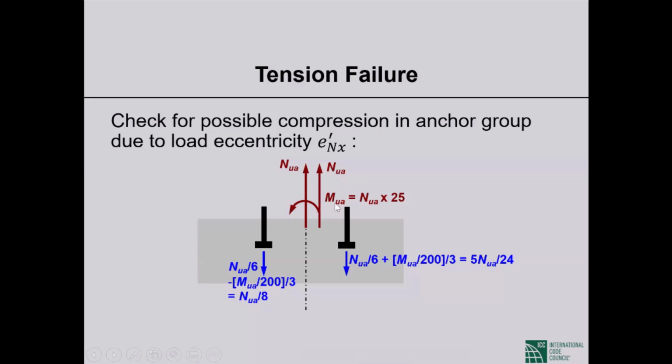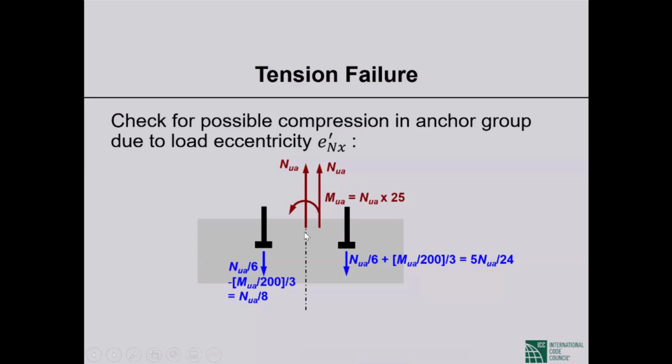The concentric load will be divided equally between the 6 anchors, so each anchor will get 1/6 of the applied tension, and the moment divided by this distance, which is 200 millimeters, gives us